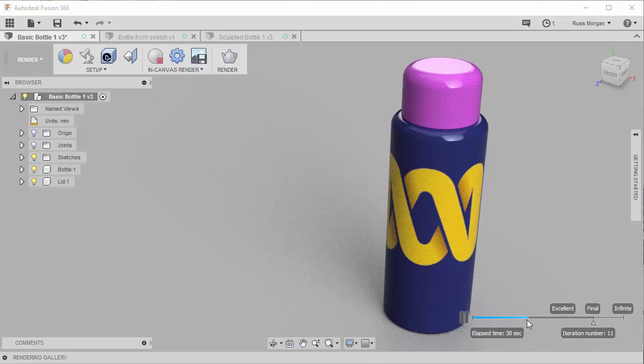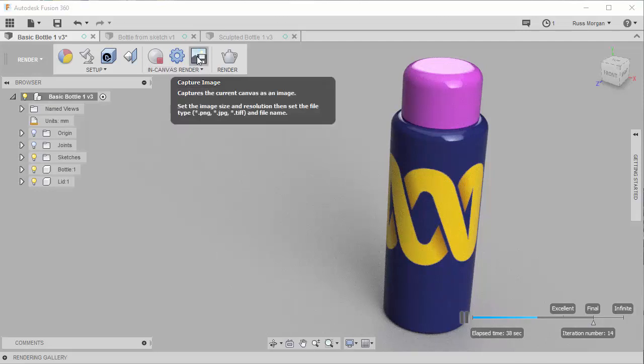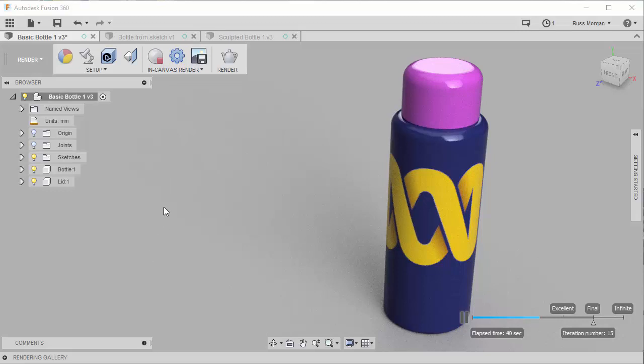But you can see the progress it's making here. When it gets to the final quality and it's finished rendering, I'm going to click on this image to capture it, and you'll see the difference between that and the render gallery. Okay, as you can see from the screen now, we finished the render in the local renderer, and it